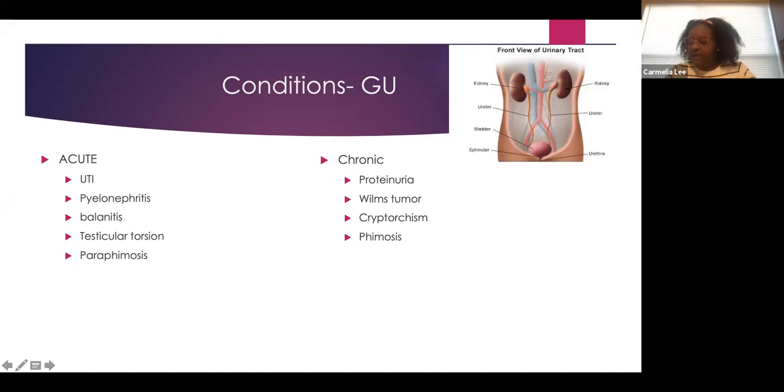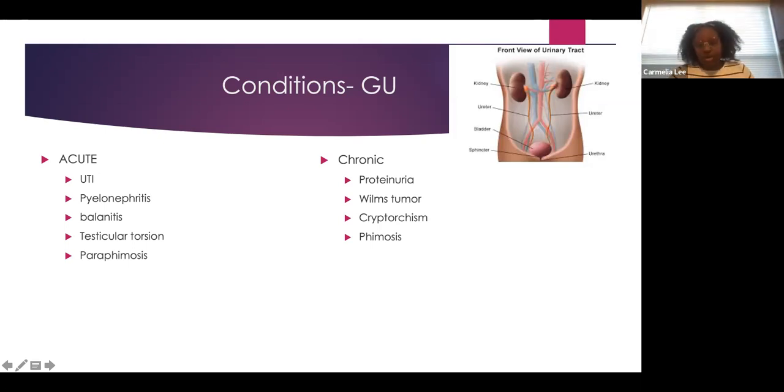In terms of kidney infections, these children can have changes in blood pressure. It can affect their blood work, their kidney function specifically. So that's why these sometimes require hospitalization for hydration and antibiotics.